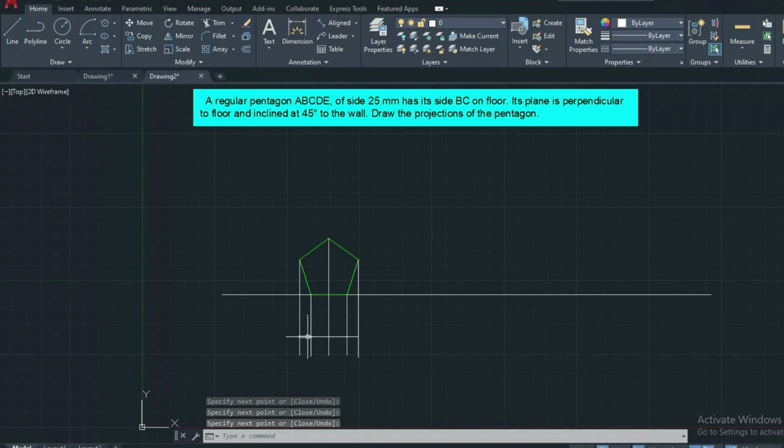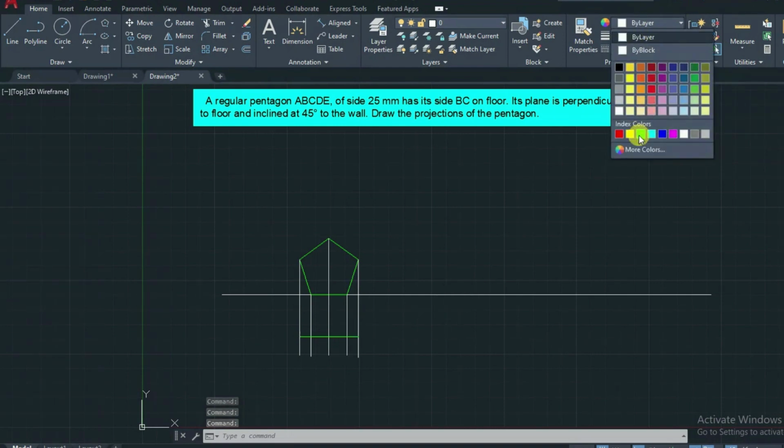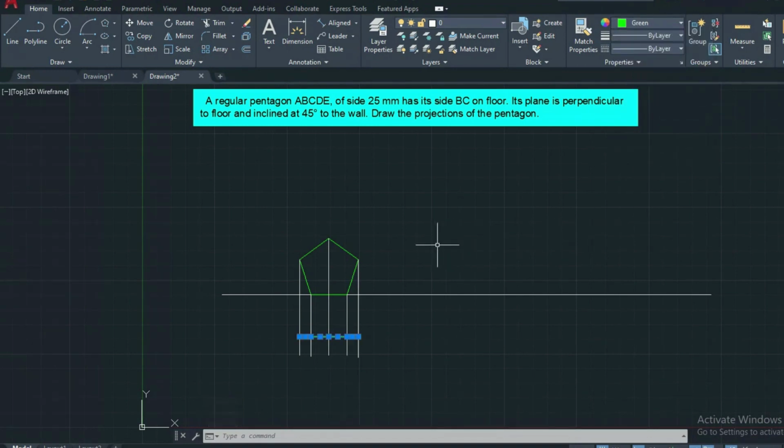This is the top view. So the top view I am getting on a straight line, and on the base I am obtaining only the front view. In the simple position, a pentagon is assumed to be placed perpendicular to the floor and parallel to the wall, and I get the projection of the front view and top view like that.